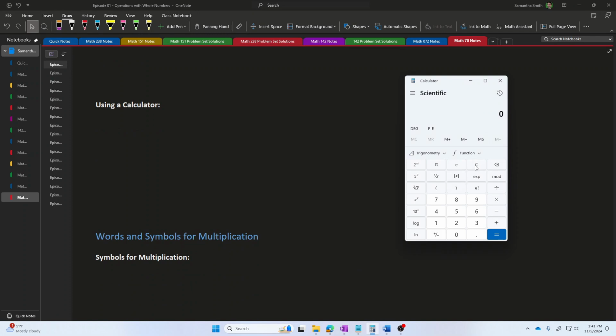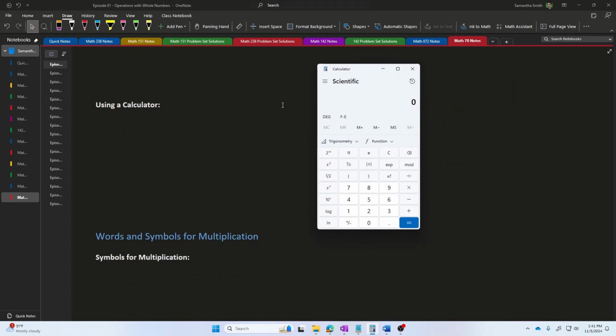For example, if someone asked me to multiply 2 and 7, I would enter in 2 to the calculator and then I would hit this X shape, this one here, and then I would type in my next number, 7, and then I would hit enter. And this is another way to get exactly the same result, 14.